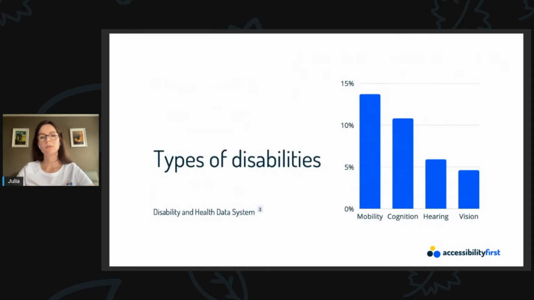Most people believe that a visual impairment is the main disability affected by an inaccessible website. The fact is that mobility problems or cognitive problems affect a higher percentage of the population than visual impairment. This means that website accessibility is essential for people who cannot move their hands or arms or need switching devices, as well as for people who may have dyslexia, who need the ability to switch to a more legible font to easily read their online information.